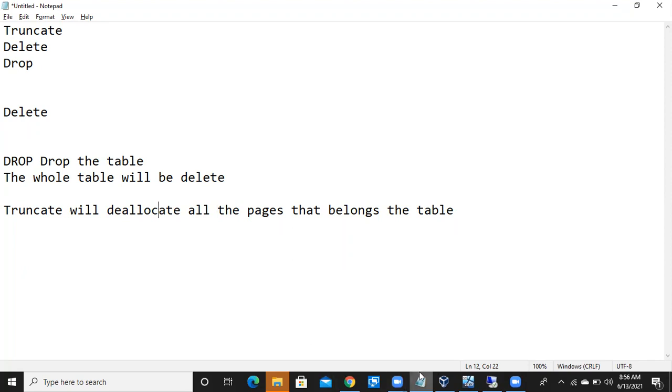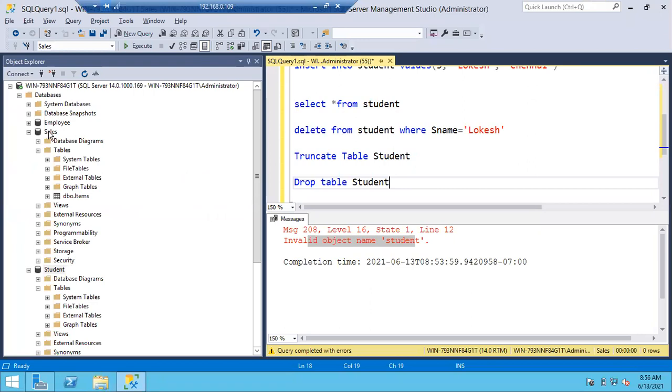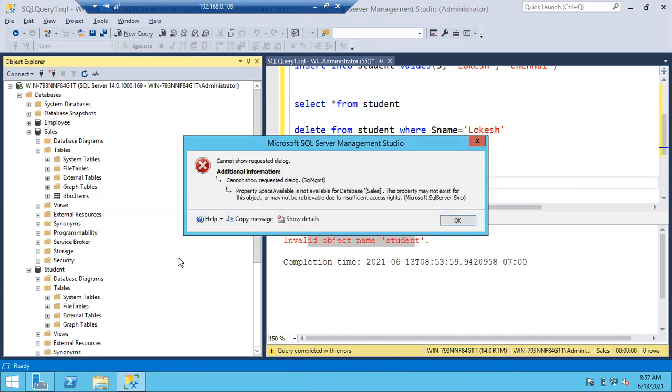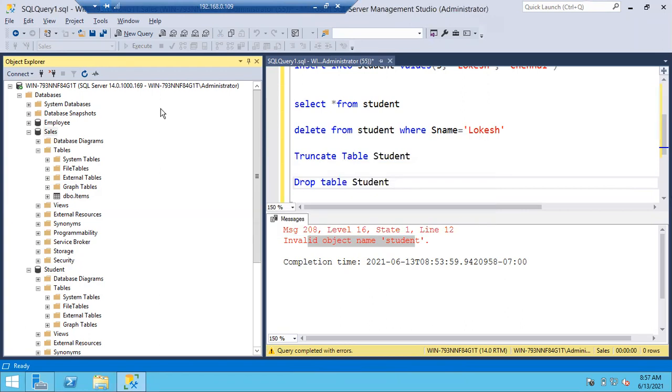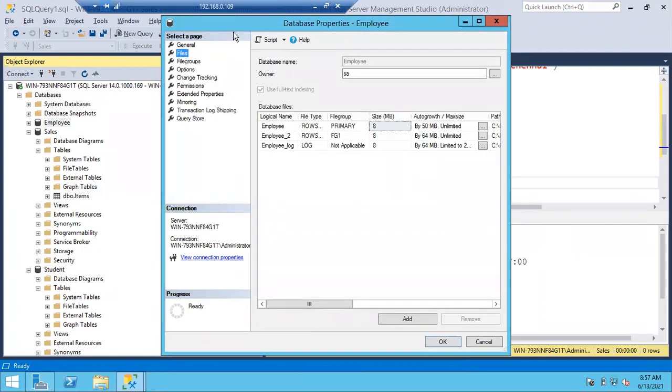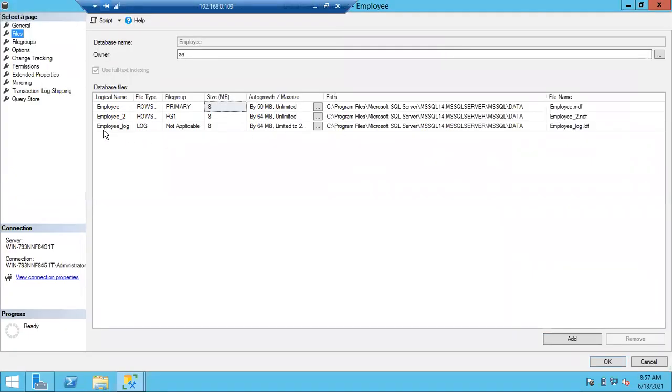If you go to the database properties, files, file space, you can see I have a log file.